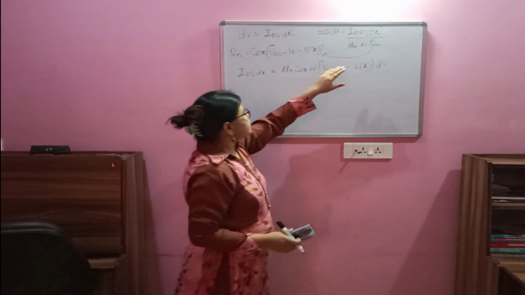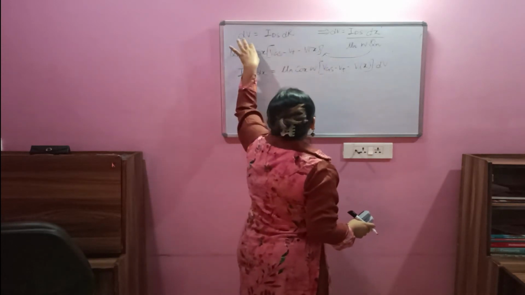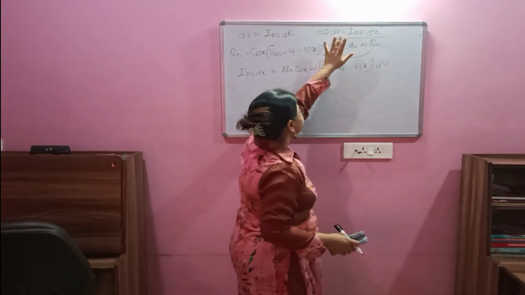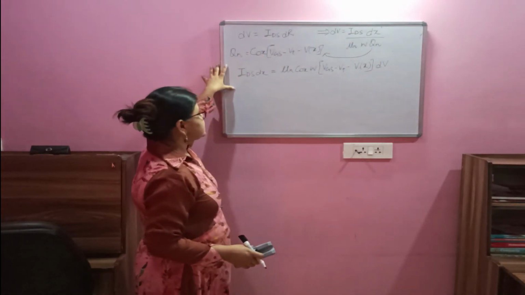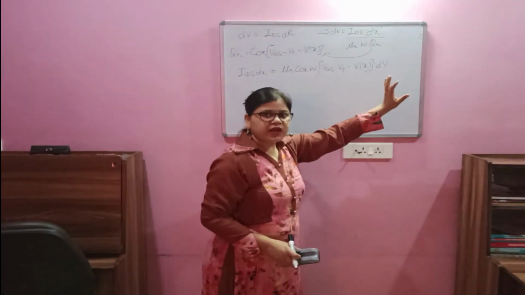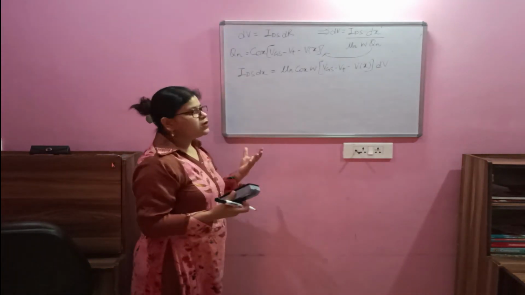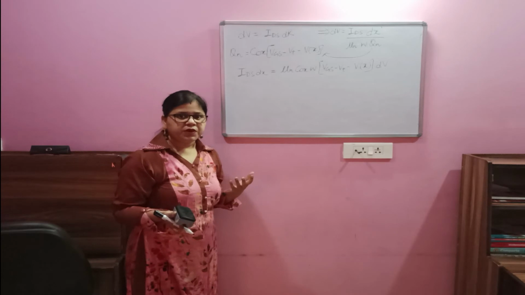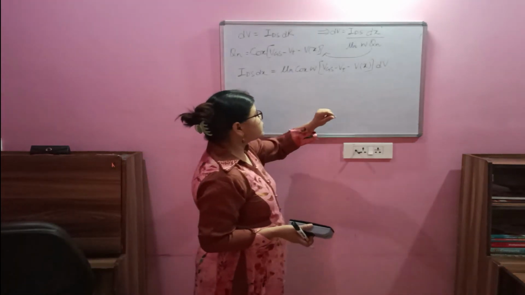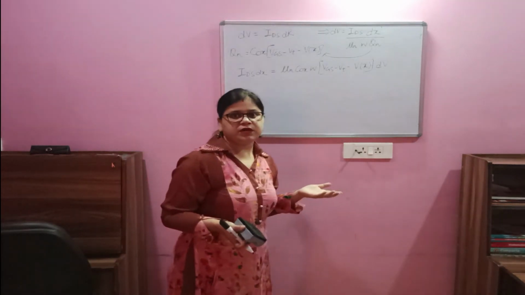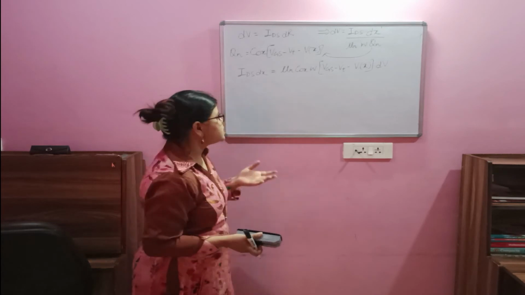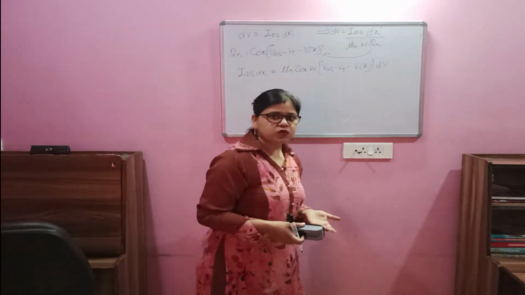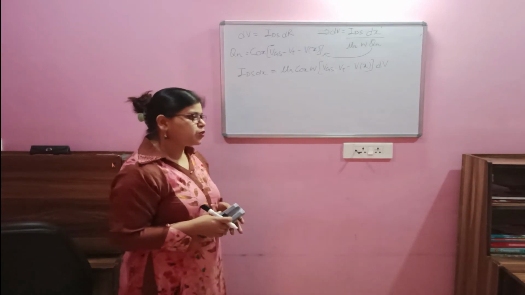I have substituted this equation in place of Qn and then taken IDS on the left hand side and all other terms on the right hand side. Now this seems to be an equation which has some current voltage relationship, but still here we have some terms like V of x, which is not a defined term, it does not have some set value. Then these derivatives, we should get rid of these also so that one fixed certain equation can come to us.